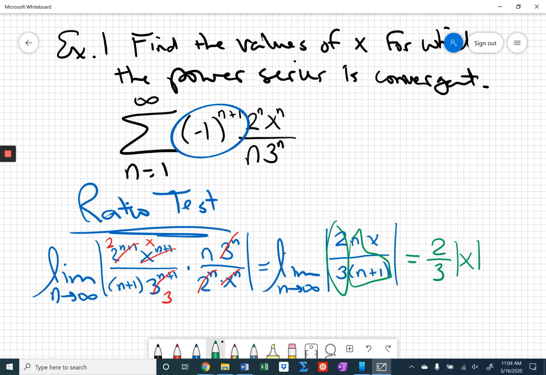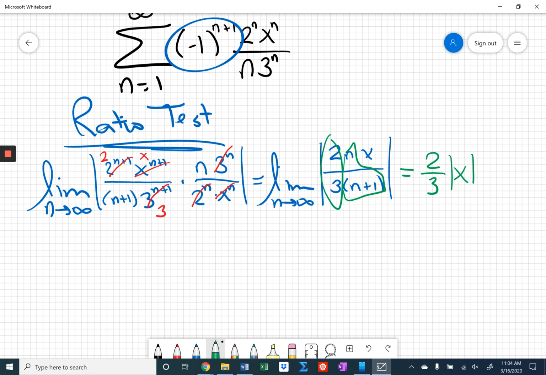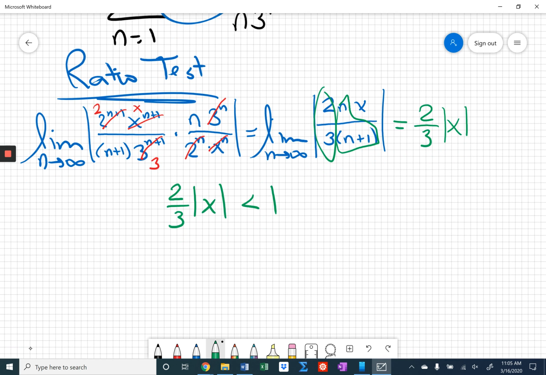What does that mean? Well, if you think back to the ratio test, remember the ratio test concludes the series converges when that limit is less than 1. Okay, so we need 2/3 times the absolute value of x to be less than 1 for the series to converge. Well, okay, that means the absolute value of x has to be less than 3/2, which means,